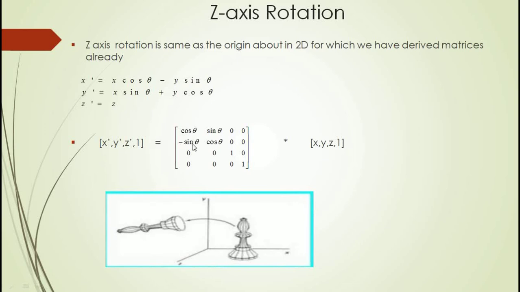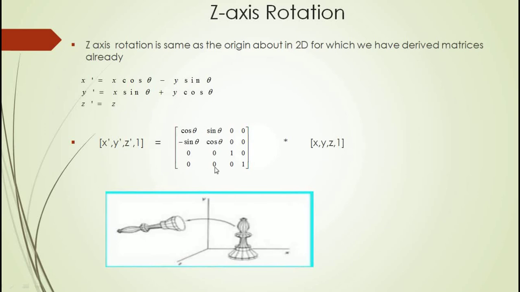Here, the first column is multiplied by this, then the second column is multiplied by this, then this column is multiplied by this row, and we get the result, that is x dash is equal to x cos theta. In the same way, this equation is